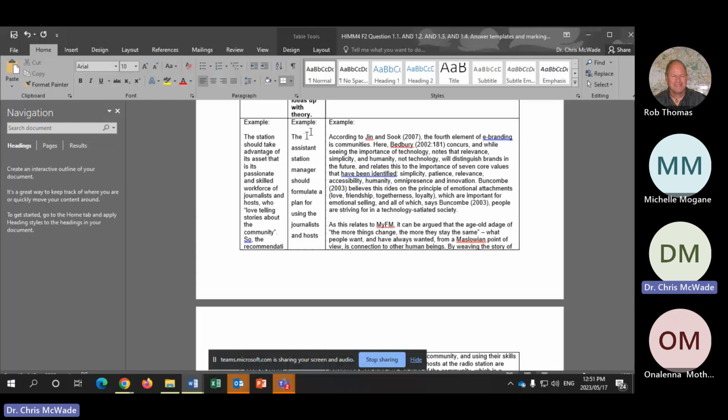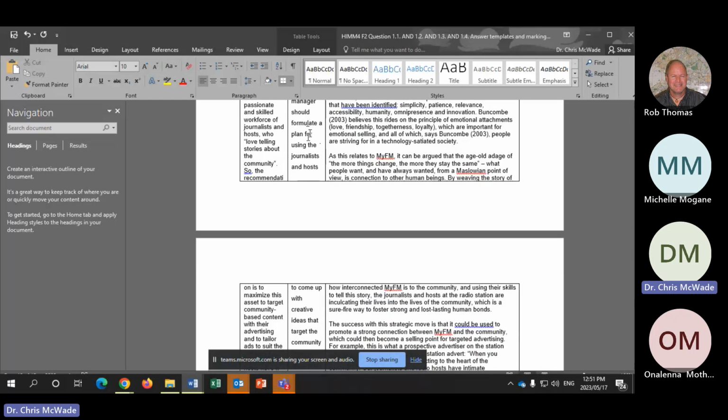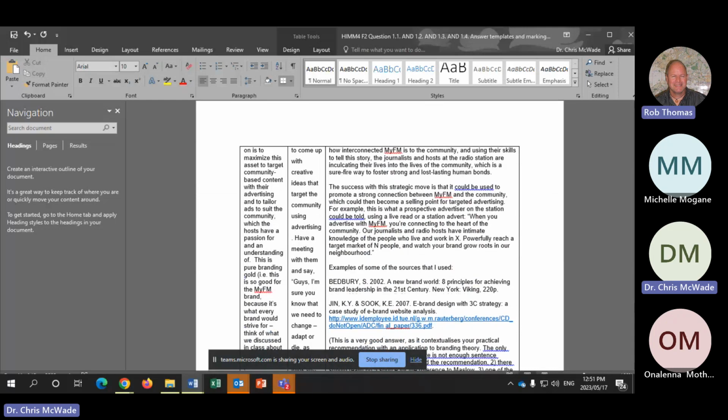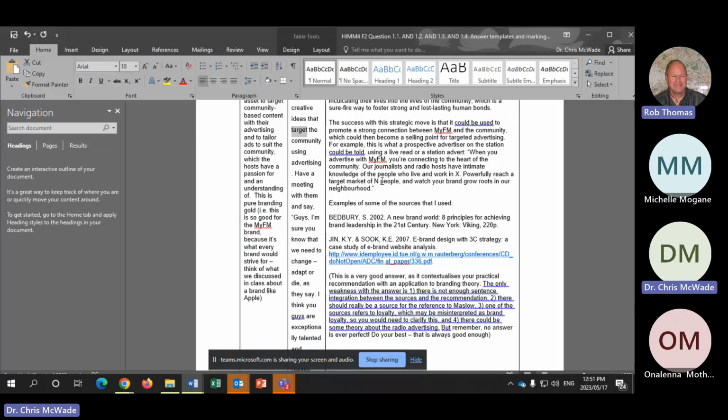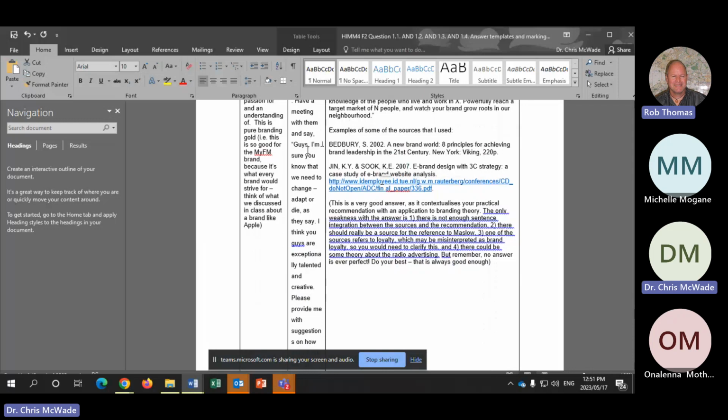Love that. And so the assistant station manager, which is you in this assessment, should formulate a plan for using the journalists and hosts to come up with creative ideas that target the community. Again, here's this word that keeps consistency in the world of targeted advertising, which this 1.4 is all about. The community using advertising. Have a meeting with them and say, guys, I'm sure you know, I'm always like with